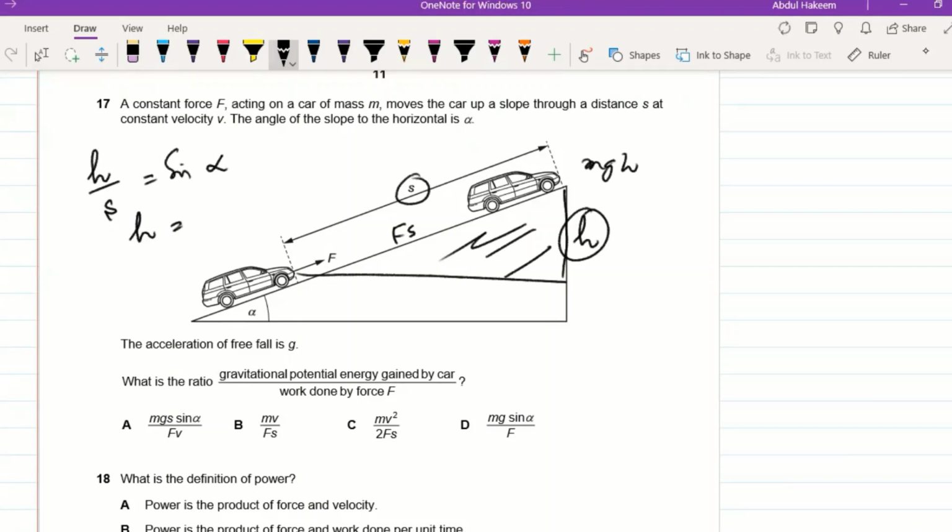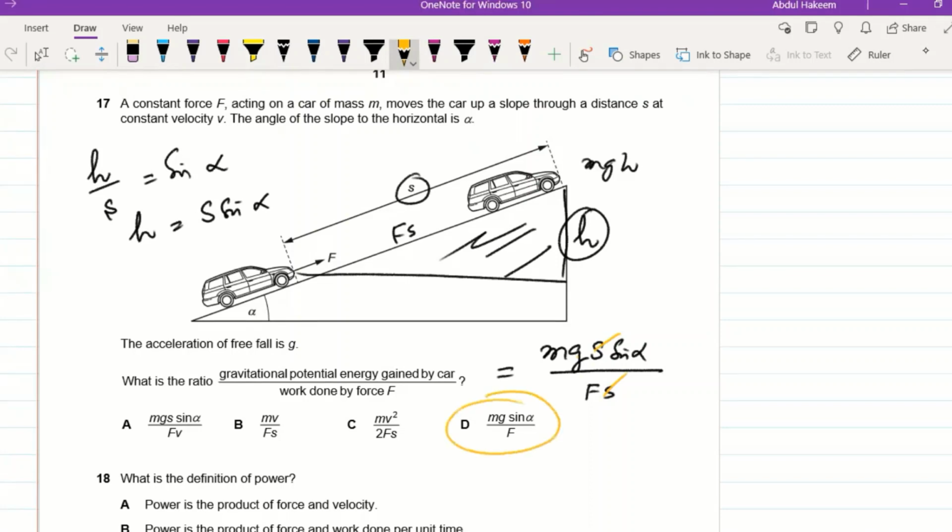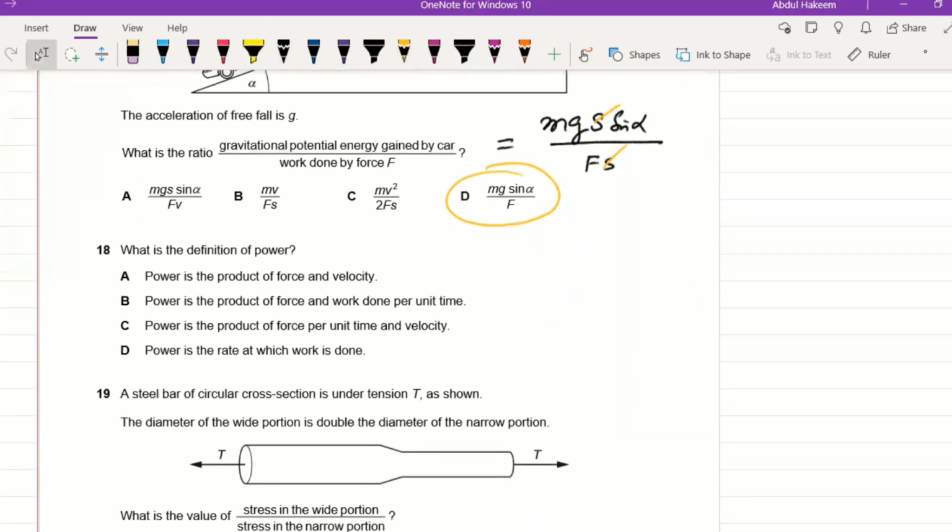So h is equal to S sine alpha. So mgh means mgS sine alpha, divided by the work done, F into S. When S is cancelled, we get mg sine alpha over F. So this is the answer D. Next,